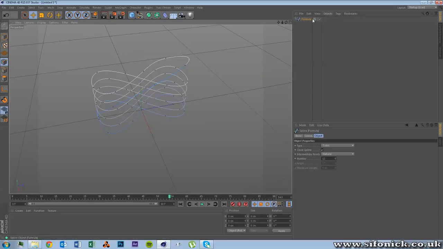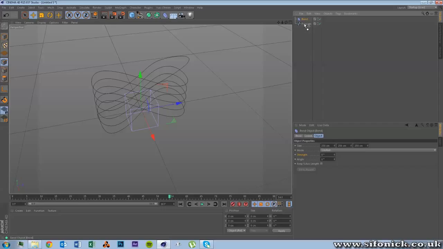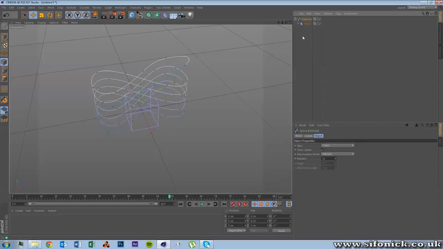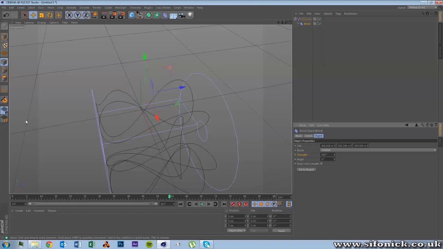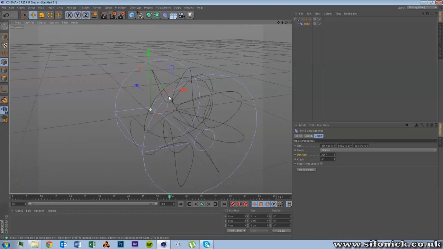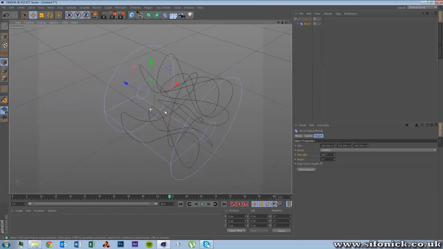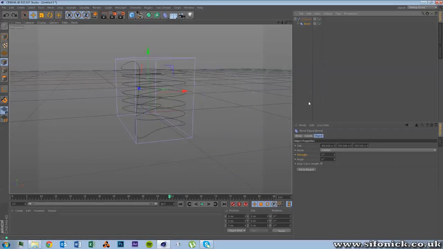Now if we get the bend tool and keep it on this axis, if we get the bend deformer and drop that on the formula and make it fit to parameters and change this to 360, we get a perfect loop of it. It's gone a bit skew-ish there. I fear I may have deleted one too many points, so I'm just going to go back quickly with the